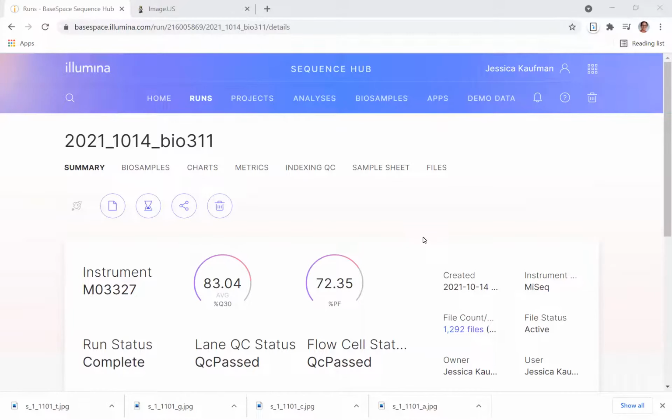In this video, I'm going to show you how to make the cluster density 4-color image for your lab report. This is a great tool for troubleshooting a sequencing run. We want to look at the actual images, the photographs that the Illumina sequencer took during each sequencing cycle